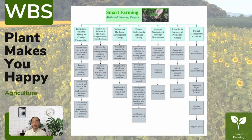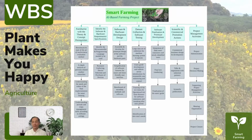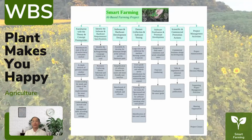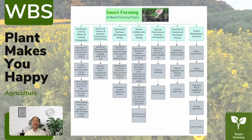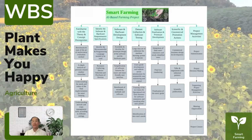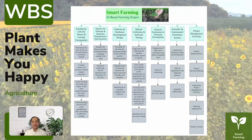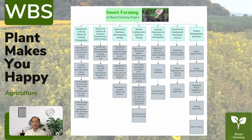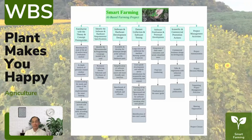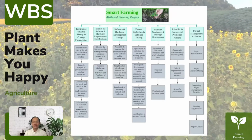WBS is a visual, hierarchical, and deliverable-oriented deconstruction of a project. This is very important to ensure that we are organized because it is going to reduce the complexity of the activity through the completion of tasks, and it is going to help the rest of the group members to understand the full project. As can be seen from the slide, this is the WBS of our group to develop the AI-based farming project. It consists of few components that must be done, such as software and hardware identification, dataset collection, and